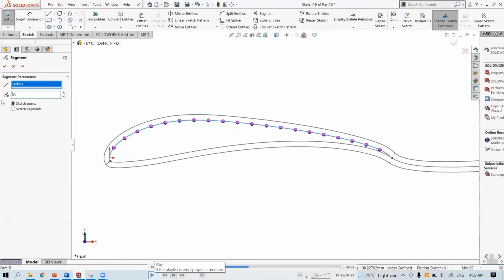The reason is that if the airfoil has a very strong curvature, then I will need more dots over here so that I can draw the normal lines. If the airfoil is quite flat, then you don't need lots of points. This is just an estimate of 20. You can do more, you can do less, it's up to you.